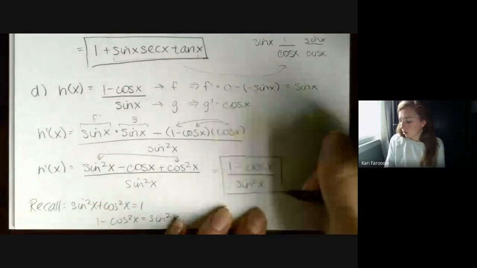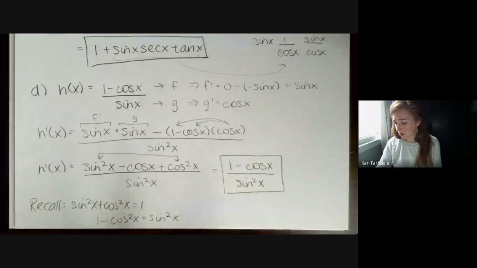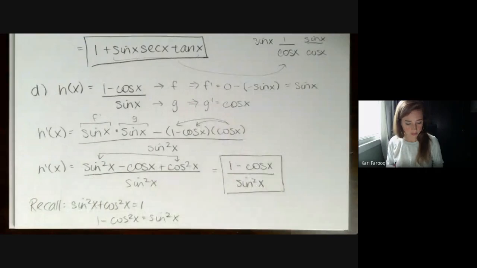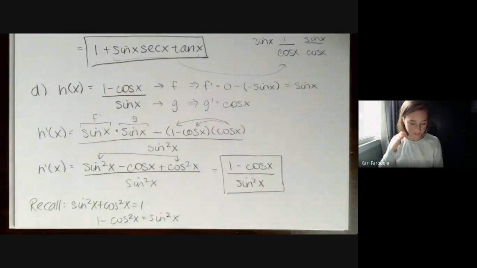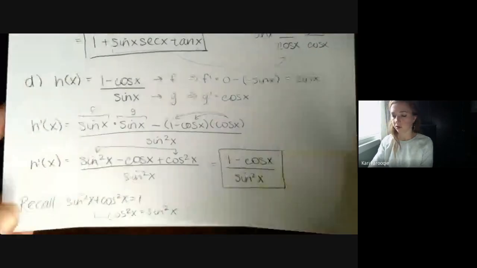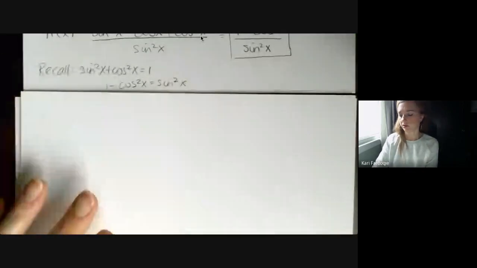And of course, there are any number of crazy things you could do by splitting up the fraction, using the LCD and rewriting it. But honestly, this is fine. As long as you've simplified that quantity, this is good. I did want to show you this using an alternate method, though, because I want you to see how different your answer could possibly look, and that doesn't mean that it's wrong. What I mean by that is,